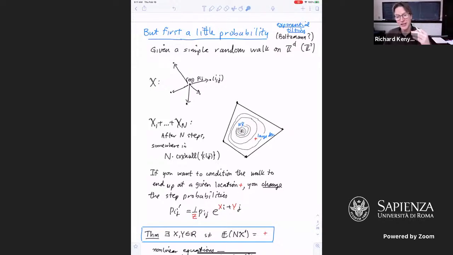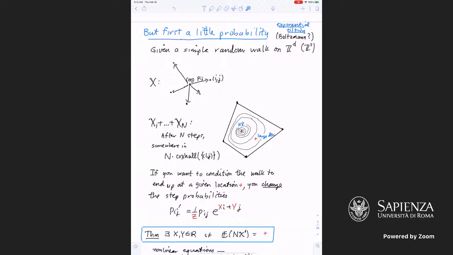But I want to ask a different question. I want to consider a sort of large deviation event and ask, if I condition the walk after n steps of being somewhere else, like at that red little plus sign, how do I understand that walk, right? What's the probability of reaching there, and what does the typical walk look like that reaches that point? So it's just a large deviation event, kind of a standard thing. And if you want to condition the walk to end up at a given location, the plus, which is somewhere else in that convex hull,